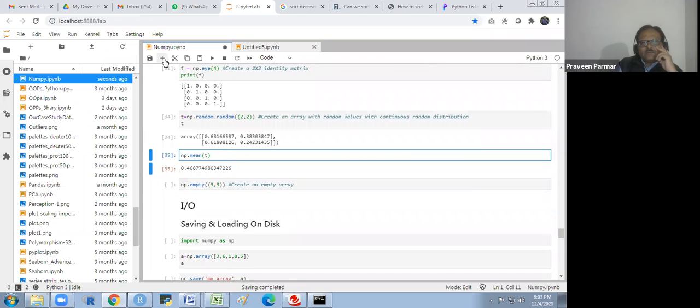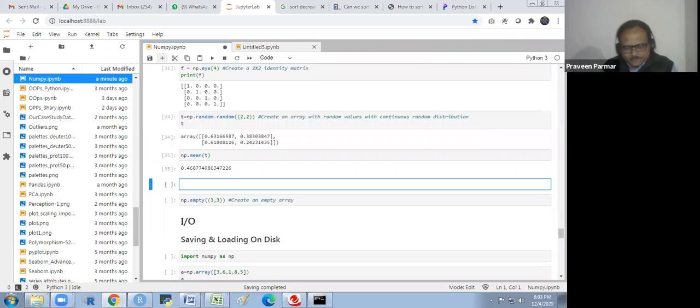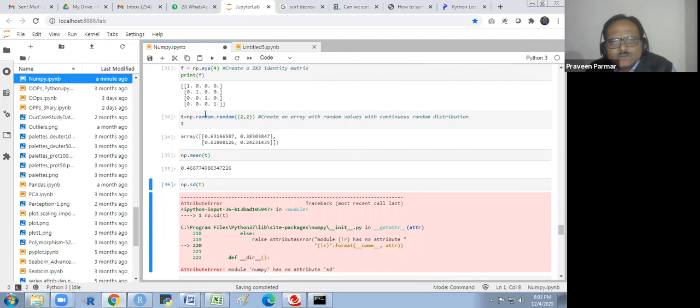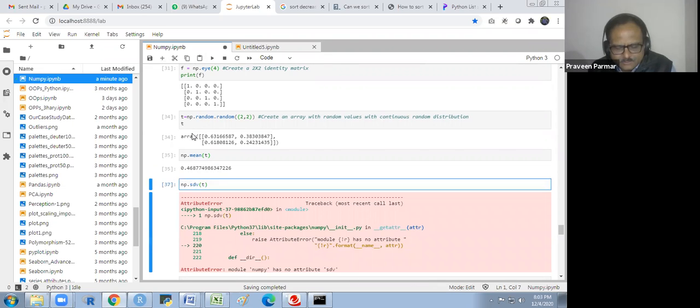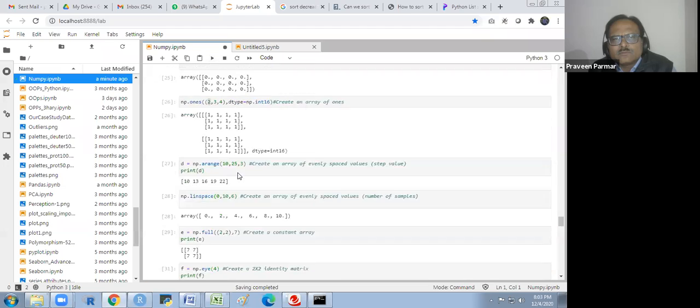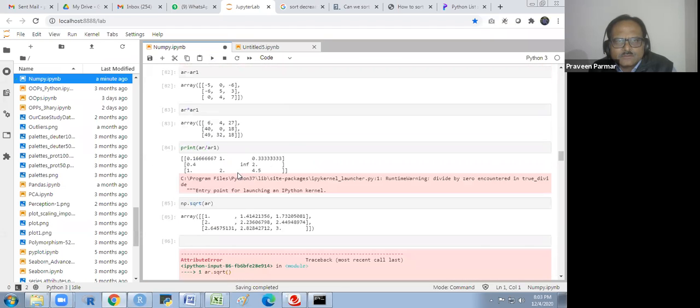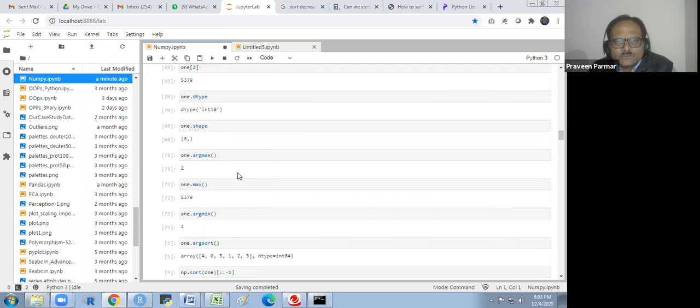And if I see the standard deviation of this, I think the SD or SDV, I don't know. I just try this, whether it gives me. SDT, SDV or SDT, I don't know. In NumPy there is a different one. I have done it somewhere in NumPy, and there is also a stats function.